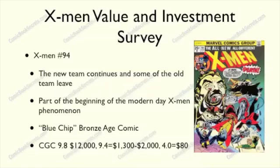One additional thing that Giant Size X-Men #1 has going for them is that some people collect what they call the ages: Golden Age, Silver Age, Bronze Age. They try to get comic books that they may have read when they were a kid and get those again as an adult. Well, adults that grew up reading comics in the 70s are pretty much Bronze Age collectors, and this book, along with Giant Size X-Men #1, would fit into a Bronze Age collection as well as just an